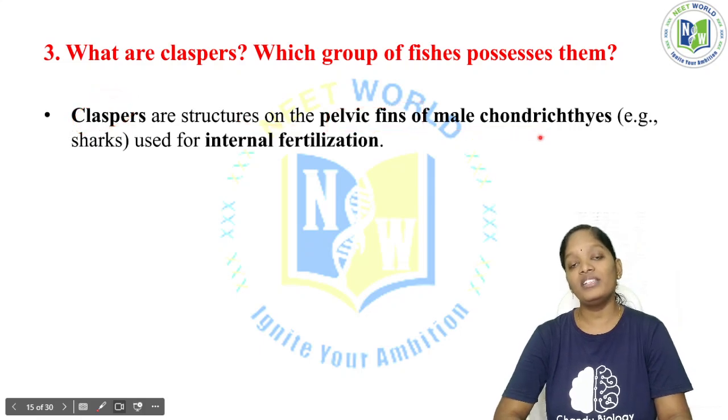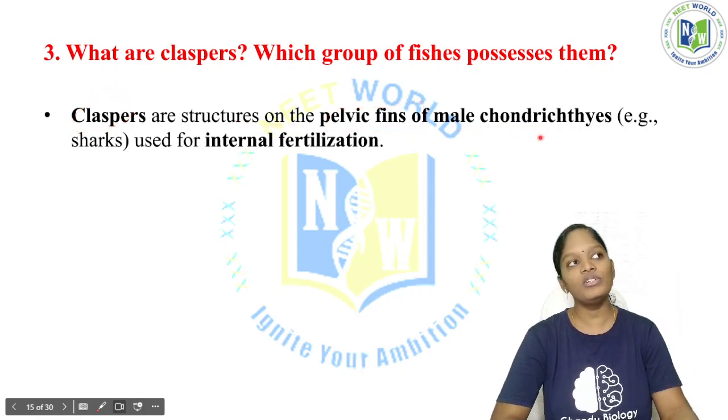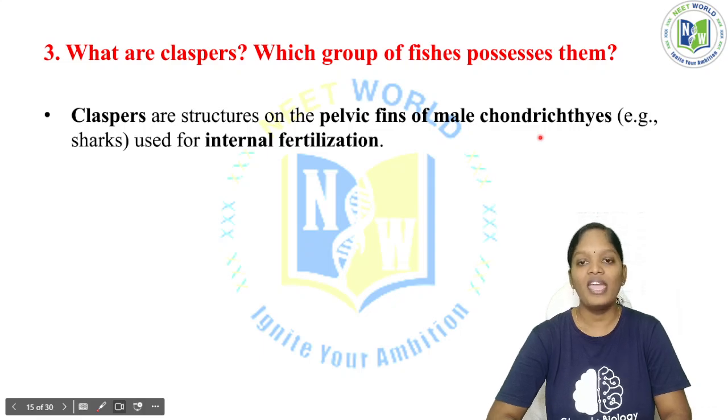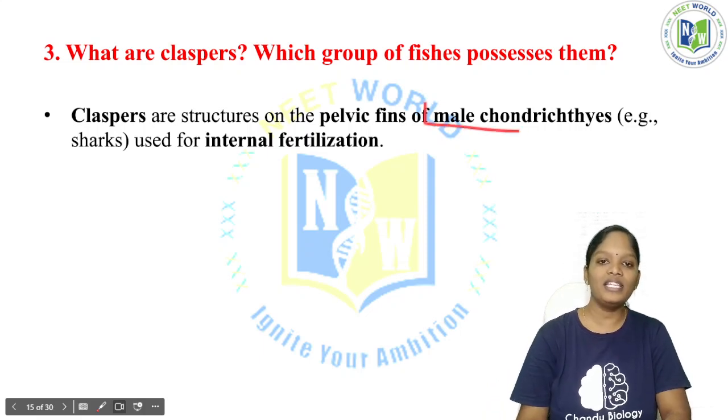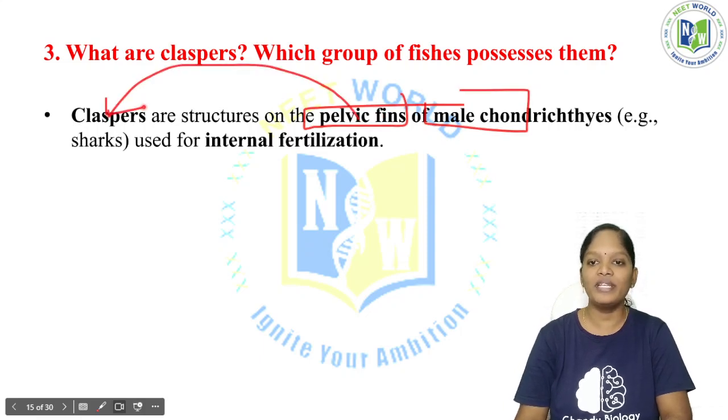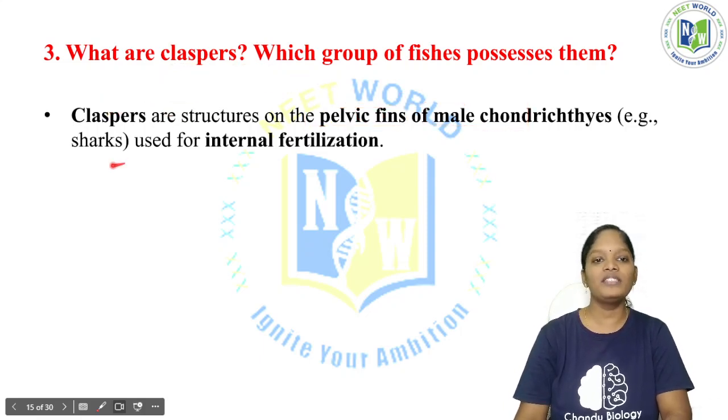See, male Chondrichthyes. Chondrichthyes means we are having two different types of fish. One is cartilaginous fish and another one is bony fishes. And Chondrichthyes means it is cartilaginous fish. So in the male cartilaginous fish, in the pelvic fins, they are having a structure called the claspers. An example of Chondrichthyes will be the shark, and it is